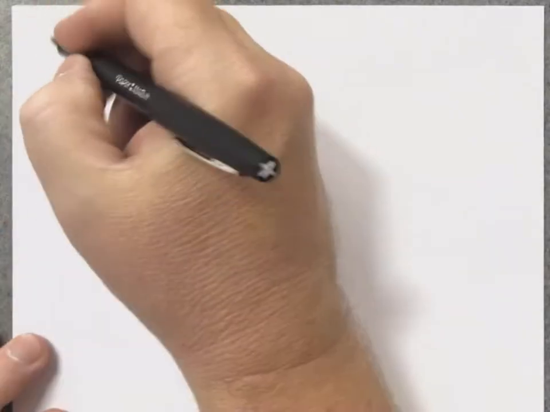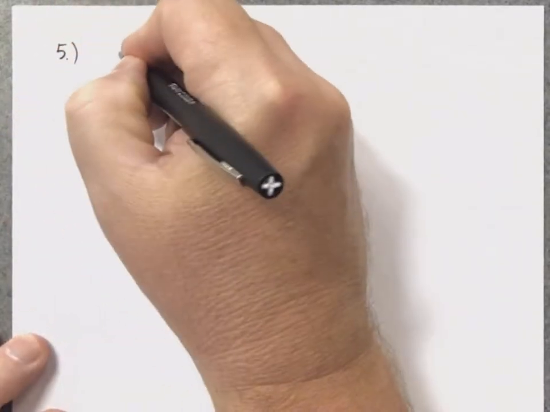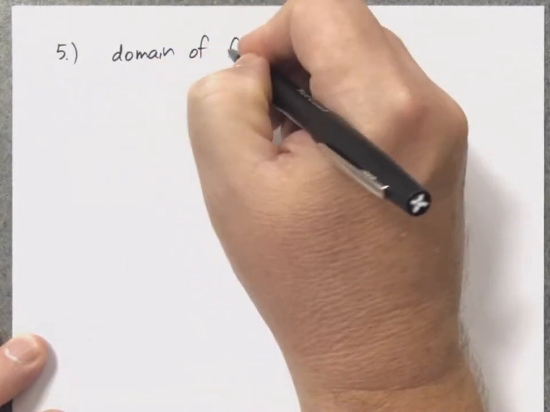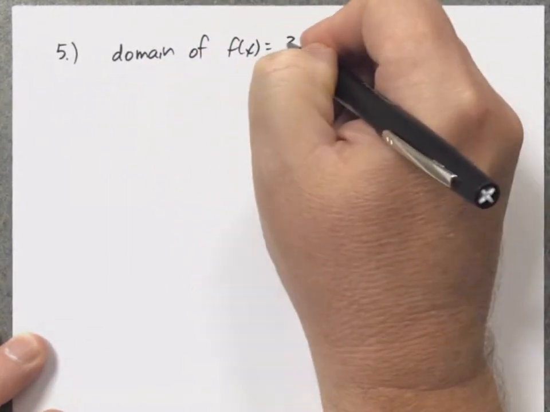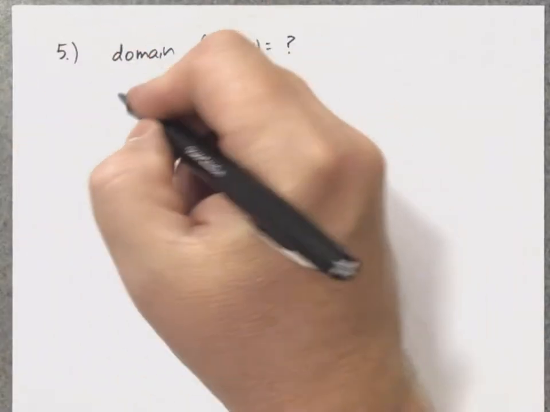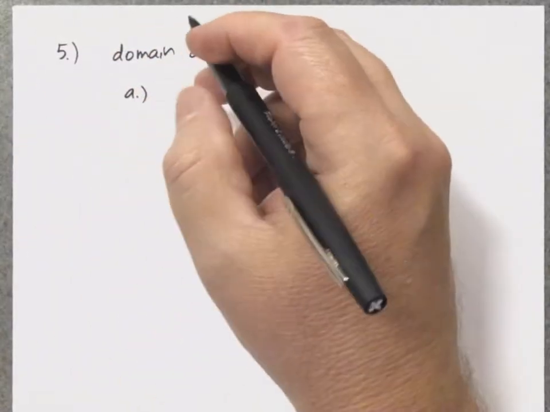We are now going to continue with problem 5 from this review. Problem 5, we're asked to find the domains of the functions. It looks like there are 4 different functions, A, B, C, and D. So problem 5 is basically, what's the domain of these functions? So in other words, for A,